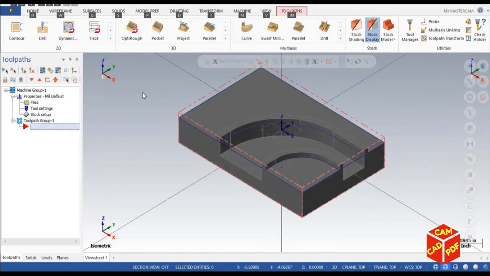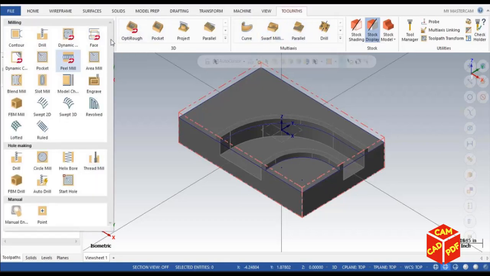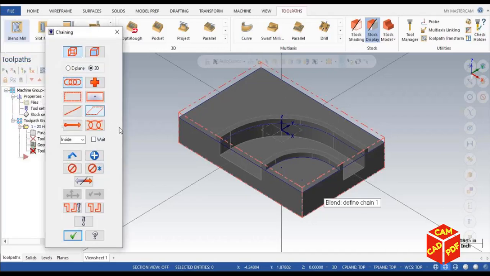So now we're gonna go to expand gallery over here, and then look for blend mill, which is here. Just click over there, blend mill. Now we're gonna go to select our chains. For that, we're gonna go to